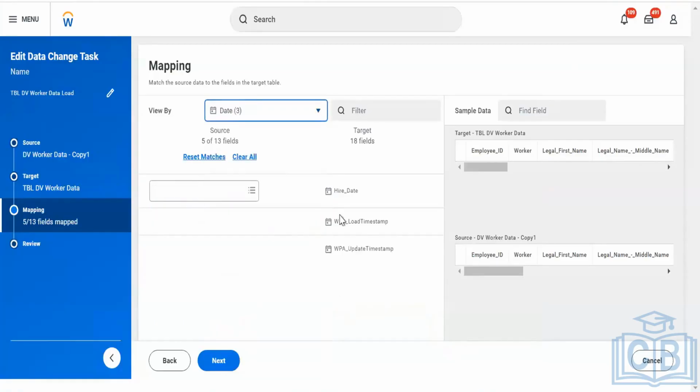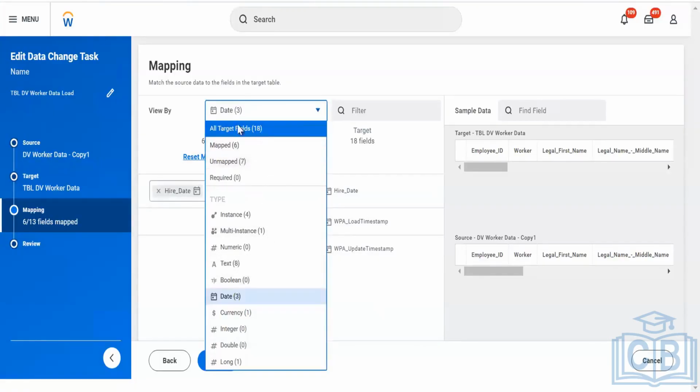date only. I have 3 but only one is valid for this, the upload time stamps. These are not eligible for mapping. That's why it is coming 13, 18 are there and the remaining 5 are upload fields. That's why it's not coming. I can map it. Basically, View By is